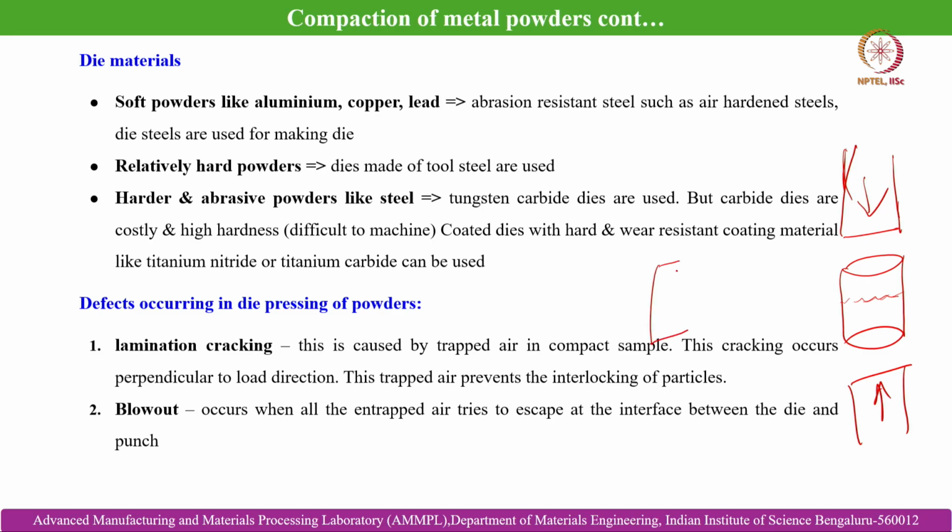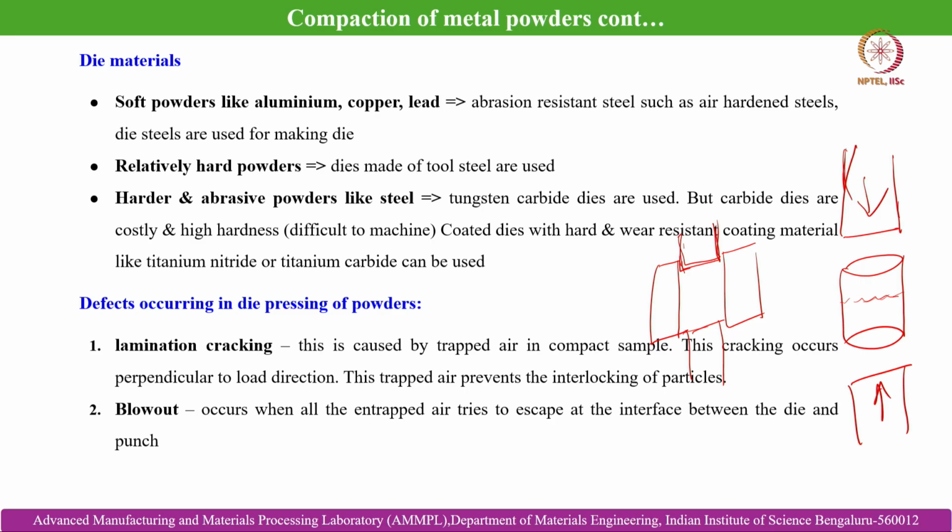So, as we have learnt earlier, this is a typical die and punch system where the punch moves through the annular space within the die cavity. The blowout basically happens at the interface of die and punch. That means it happens in the annular space of the die cavity where the mating punch travels through. So, it is basically a defect that is generally observed in the surface of the PM